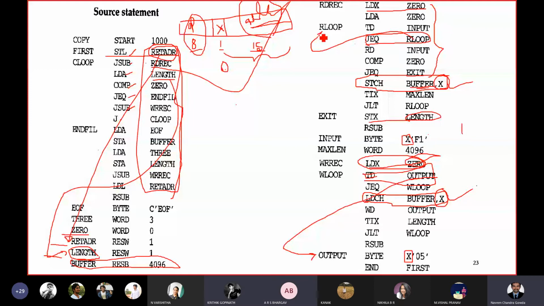Yes, sir. Now let me take you to the object code generation. We are done with the address finding, the address allocation, which is pass 1 of your assembler. Now I'll be taking you to pass 2 of your assembler. As usual, there is no object code for the start instruction, and there is no object code for the end instruction.